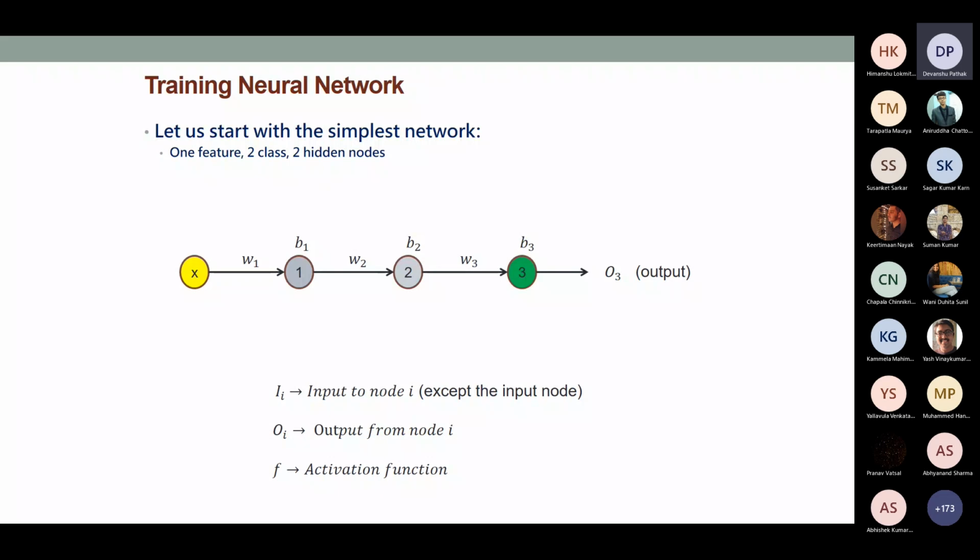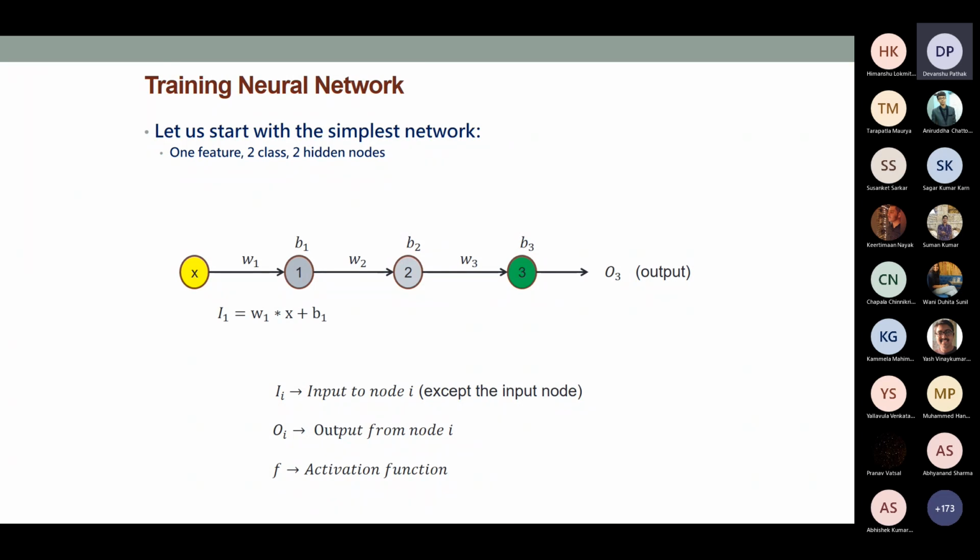Now, as a designer, I have this setup initially. I do not know anything about the W's and B's. All I know is that I have some training data X, and I know their corresponding O3 values, and I have no idea what the values would be for the B's and W's. As a designer, my next step is to figure out those values, and how to do that. The next question to ask yourself: how is this typically done?